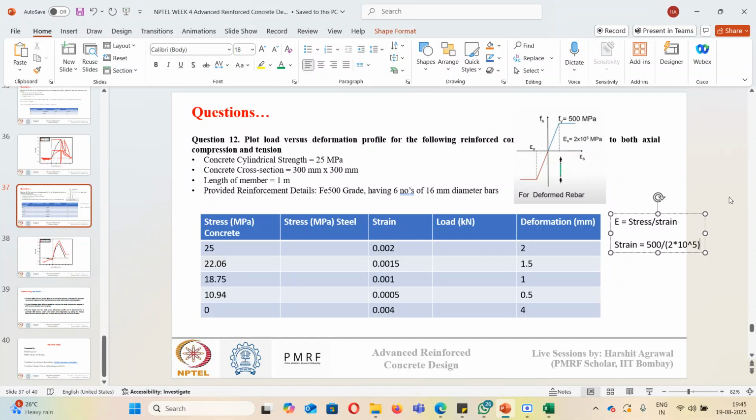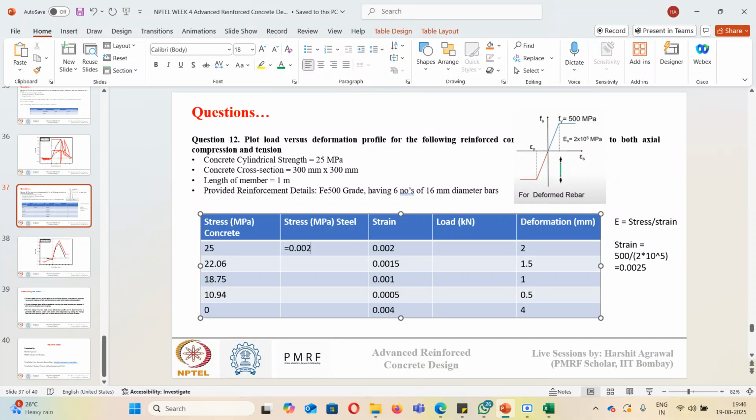Okay, so when you do this calculation, your strain value will come out to be 0.0025. This is the peak strain. Up to this strain, the stress in steel will be proportional to strain, so it will be modulus of elasticity times strain, and above this it will become constant at 500 MPa. Now if I take the strain as 0.002, it is lower than 0.0025. So stress in steel will be nothing but